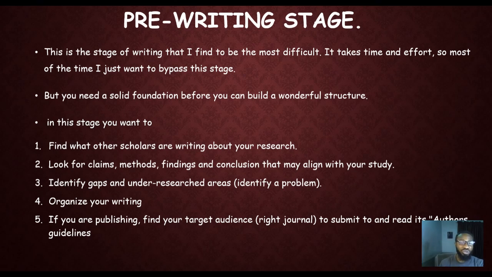So what you're going to do is conduct a deep search for books, articles, and journals on your topic or related to your topic. You want to make sure these books and articles are cited, relevant, and up to date. When I say up to date, it means they should not be more than 10 years old. Since we're in 2025 now, if you want to write your research, anything you're citing or putting in your references should be relevant and should not be older than 2015.